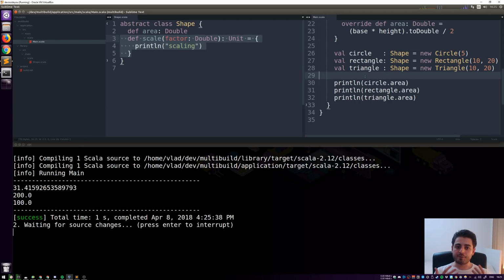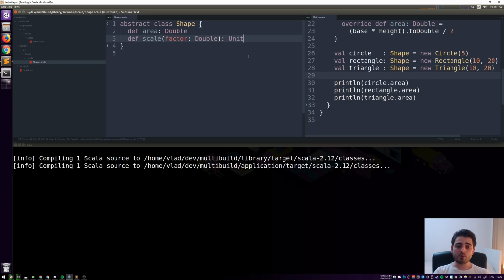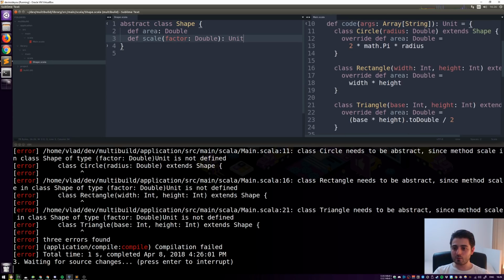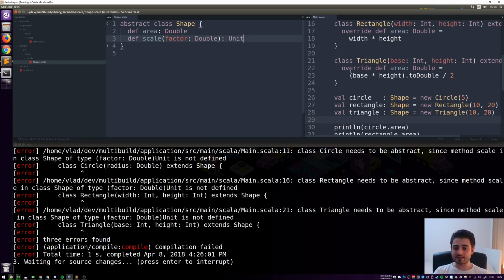So it seems like the object approach is immune to adding new types, but it has problems with adding new behaviors. And it's even more clear if scale was an abstract method. If you remove that, now it's even more clear, because now all of our objects are not going to compile. It's going to say, for example, class circle needs to be abstract since method scale in class shape of type vector double unit is not defined. Well, it is correct. So we have to go everywhere and add this scale method,